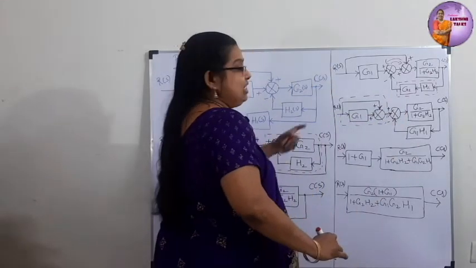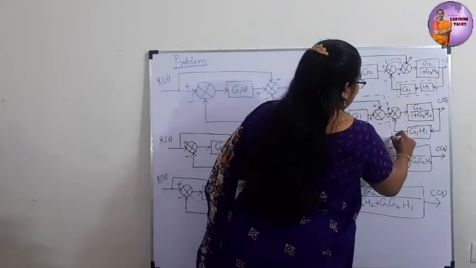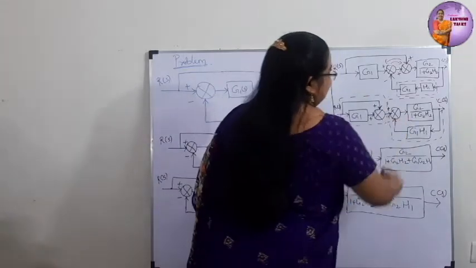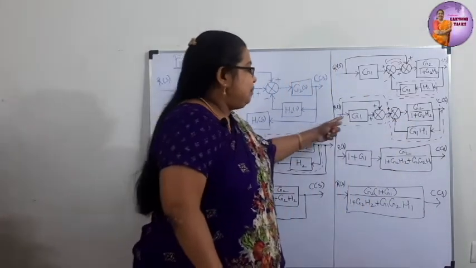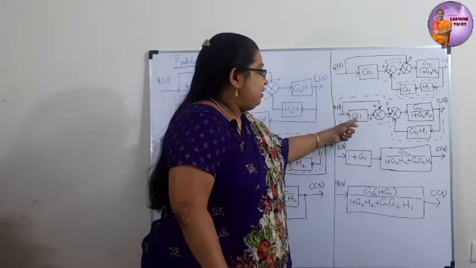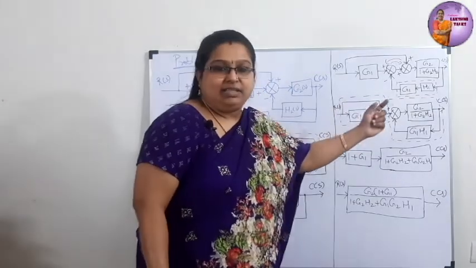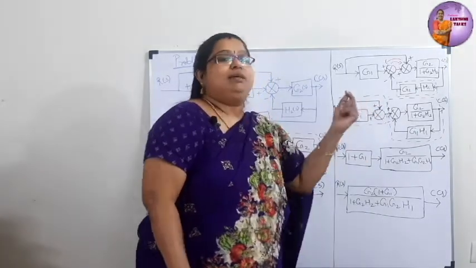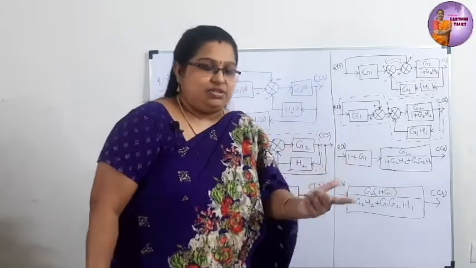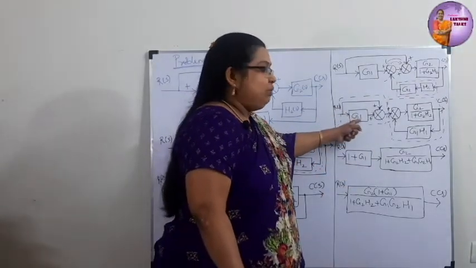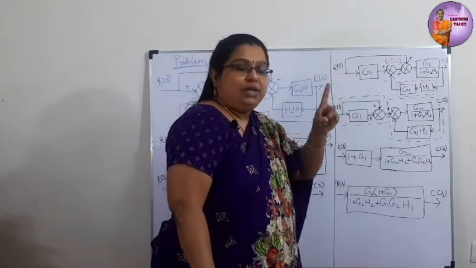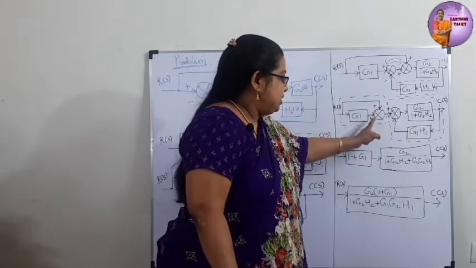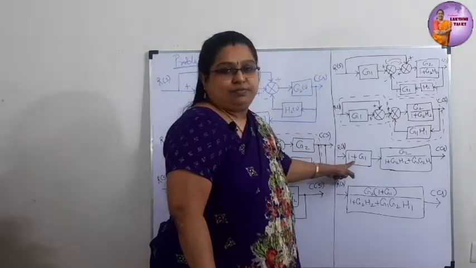So what must we do? Algebraically add them. And here we have two blocks in a negative feedback path. This parallel block becomes G1, and what is this? Nothing is there, which means it is not 0. This R(s) signal is given there, so it is nothing but 1. R(s) into 1 is R(s). So we have a block G1 here, and here we have a block with magnitude 1. These two are algebraically added, both with positive sign. So this is simplified to 1 plus G1.